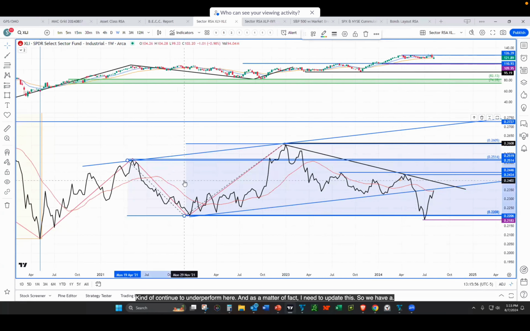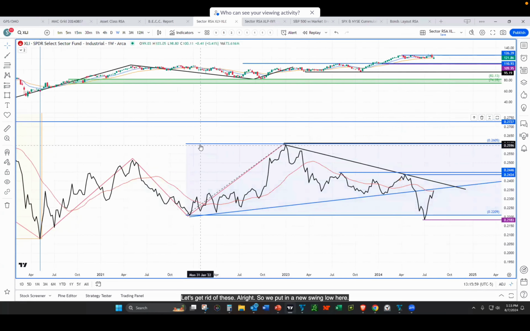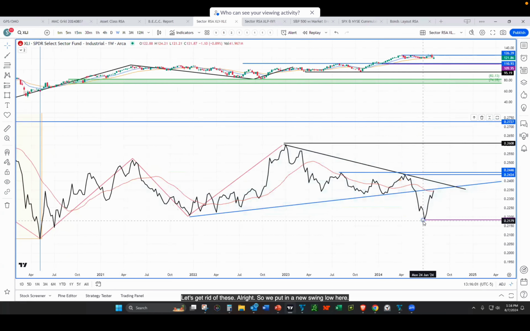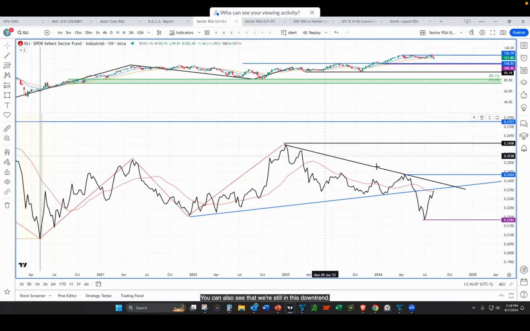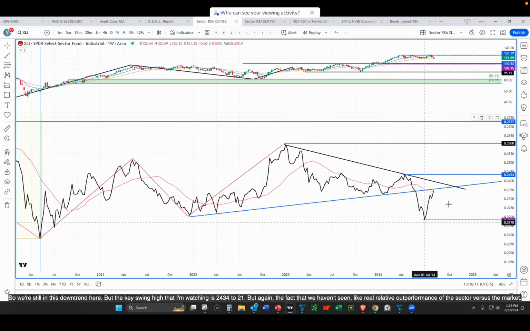So we have, let's get rid of these. All right. So we put in a new swing low here in July, and we have seen these turn up, but you can also see that we're still in this downtrend. So we're still in this downtrend here, but the key swing high that I'm watching is